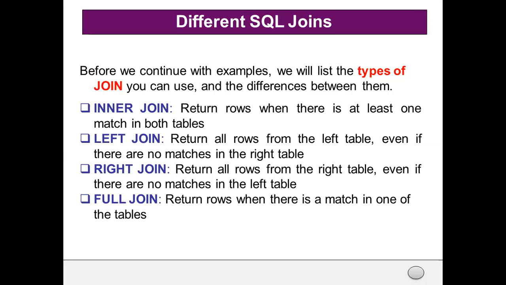In left join, it will return all the attributes which are present in the left table, and also the values which are present in the right. Whichever data is not present in the left table won't be produced in the left join. Then next comes the right join. It returns all rows from the right table, even if there are no matches in the left table. Full join returns the rows when there is a match in one of the tables.